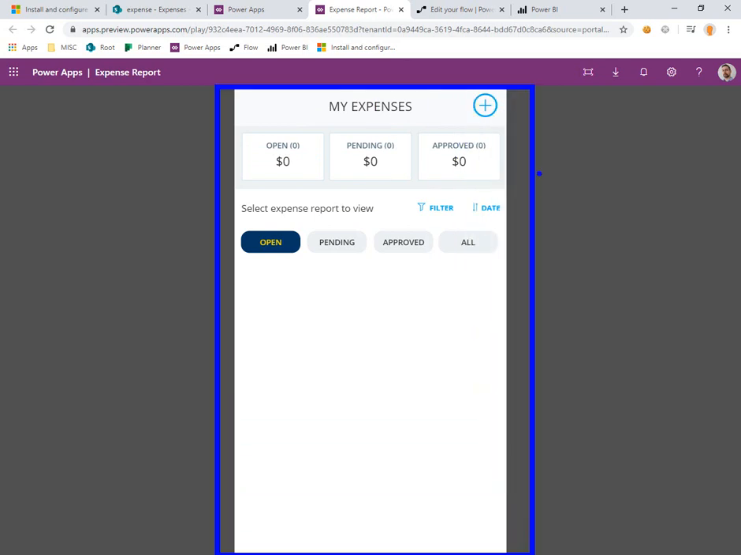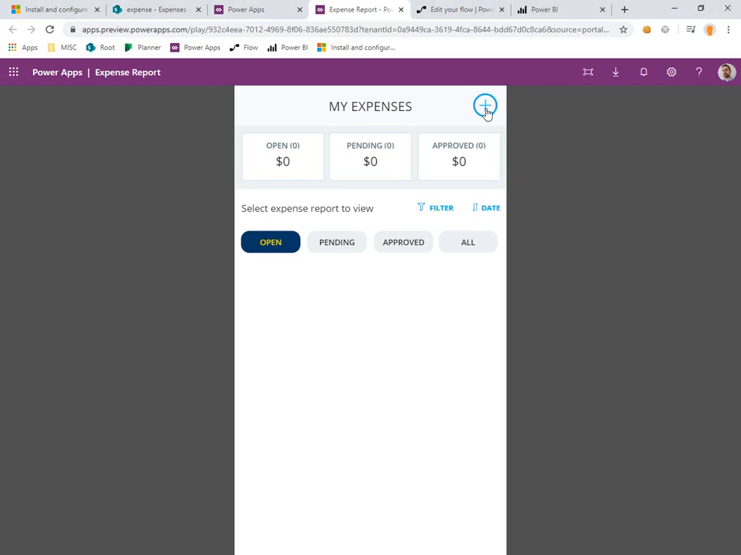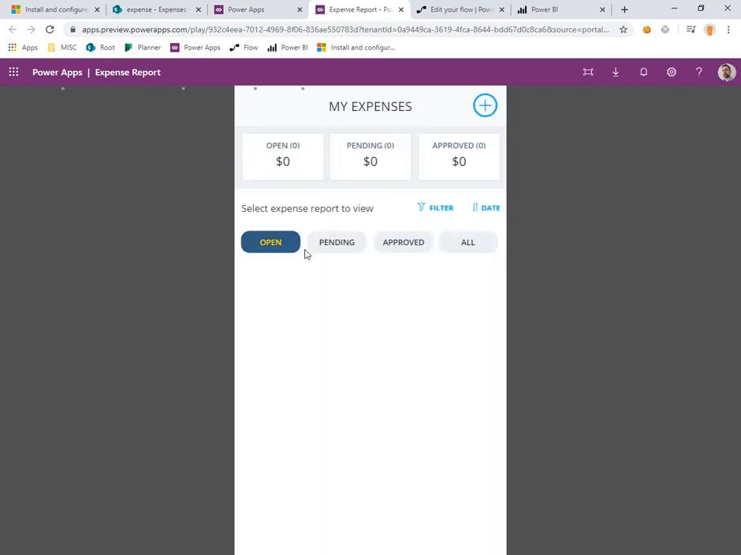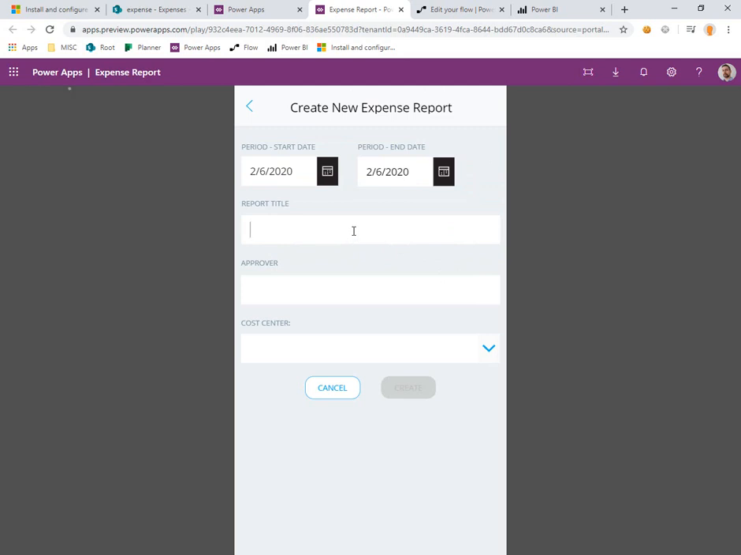This is meant to work on mobile phones, tablets, Chromebooks, iPads, whatever you'd like, and very touchscreen friendly with a lot of the UI. So here we can see there's a new item in the corner, a couple of different views. You can toggle open, pending, all, sort by date, filter, different date ranges. Okay, cool. We're going to click the plus in the corner to create a new one, and we'll name this